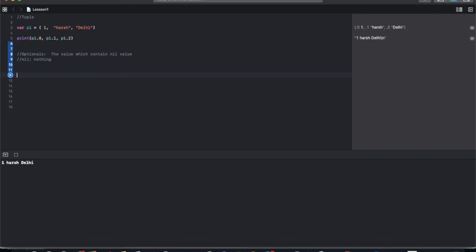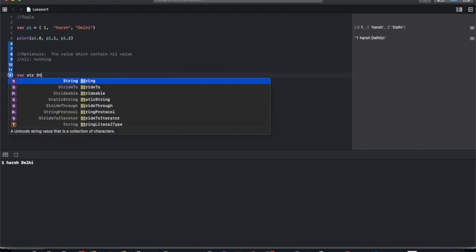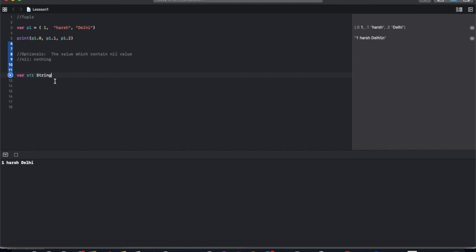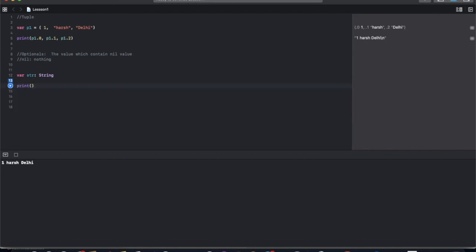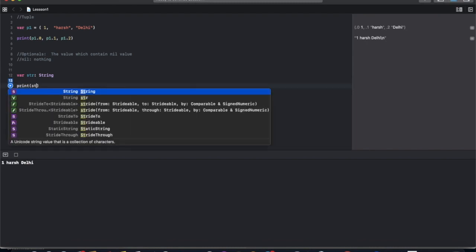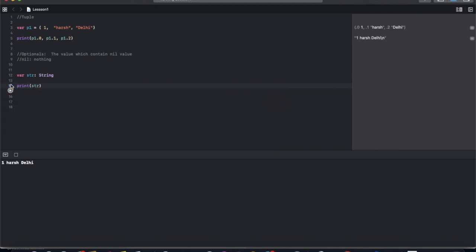Like we are creating a string variable, str of type String. It's a string type, but it does not have any initial value. Now, if we try to print it, it gives us an error.